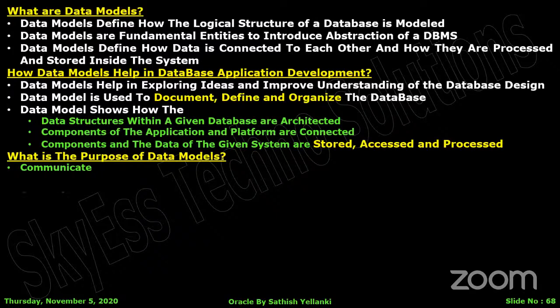The second thing is, a data model will help you in categorizing the business and the objects and the data in a more effective way. Am I clear? You can categorize your information or data more easily. Every data model will help you in describing the object and the process and the rule of the business in a more detailed way. Every data model will give you the best specification about your business and its operations.